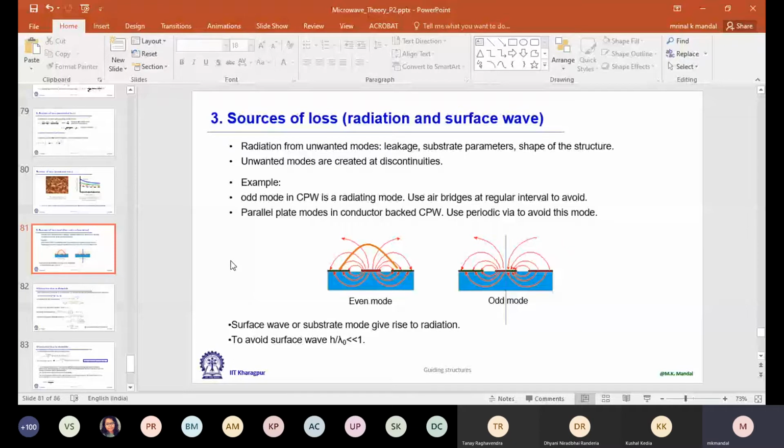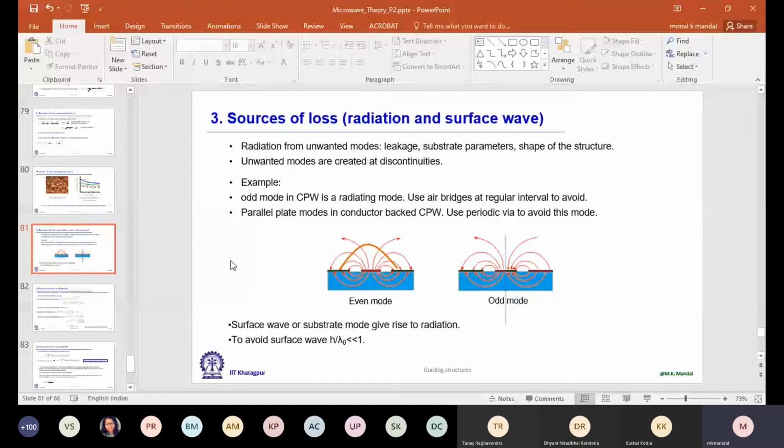If it is too thin, then the electric field intensity inside the substrate will increase. Tangential magnetic field to metal, that will also increase. You consider that thumb rule, what we discussed, that cross-sectional area decreasing.